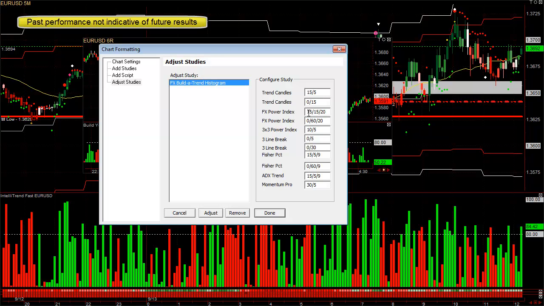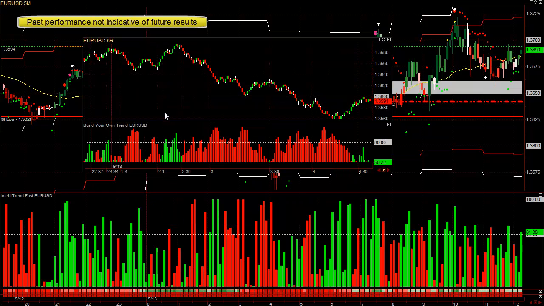I use 15% weight on the 15-minute, the power index with a 15-minute 20-period average. This is another tool that I describe in our other class. Fisher percent, give that 15%. ADX trend, which is an intermediate time frame trend, give 15%. It measures the intensity, and so does a Momentum Pro. The intensity components of this measure 45%, and the tools that measure the direction that the currencies are going in measure about 55%. So you can see on the range bar chart, from 130 onward, you were looking to sell